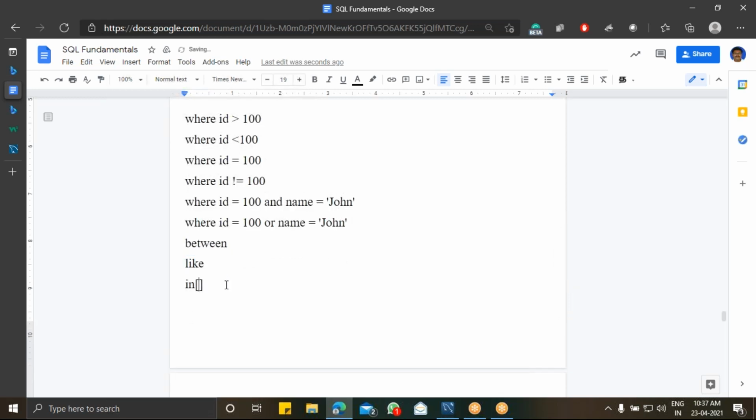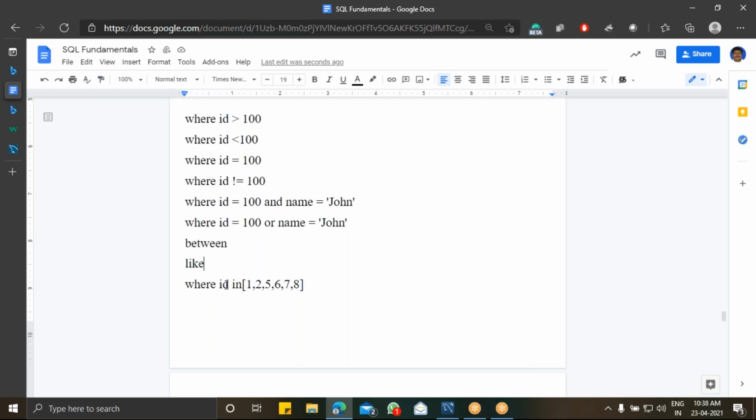For example, with IN, it will be checking 1, 2, 5, 6, 7 and 8. Only these values are considered where the ID is in them. So I will check this as WHERE ID IN this list, which will give me the output of only the IDs matching 1, 2, 5, 6, 7.